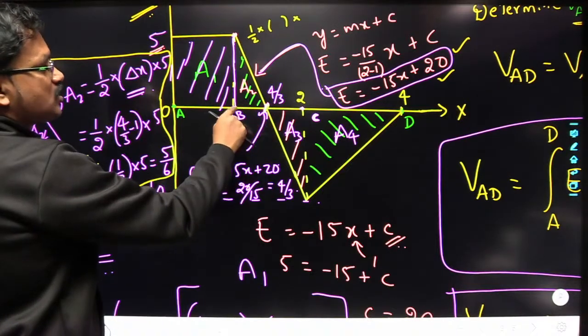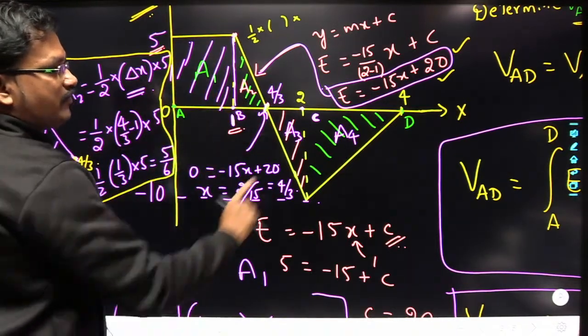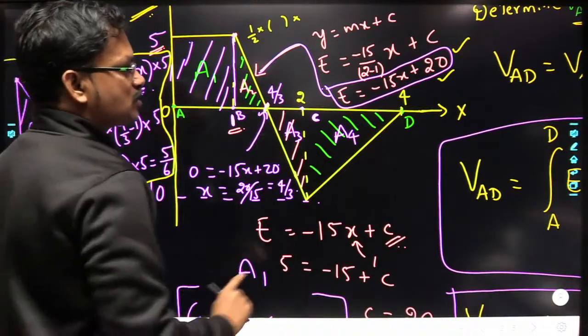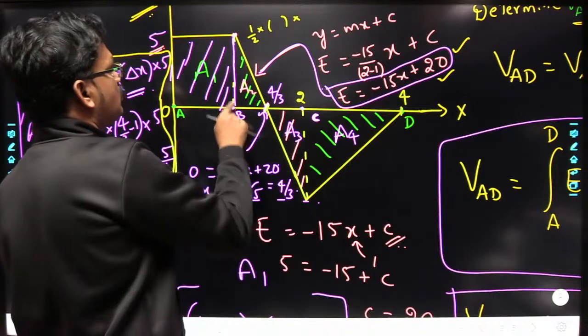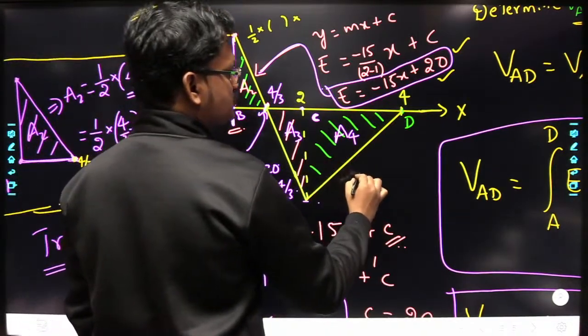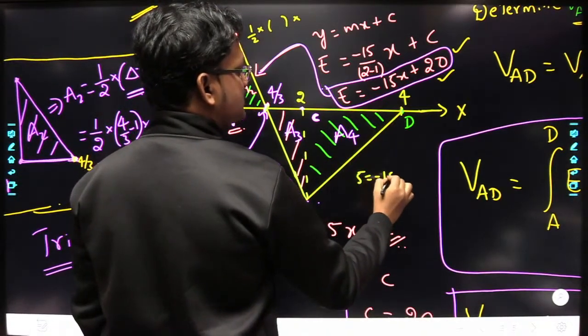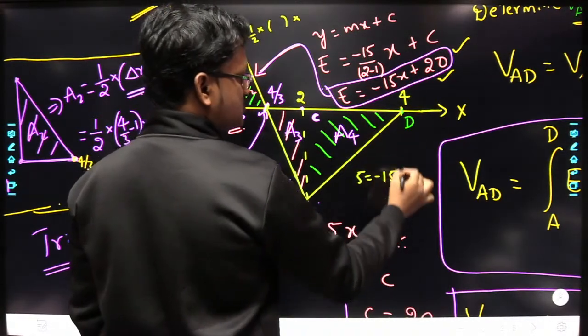Yes or no? At x equal to 1, what is the electric field you are having? You are having 5. So at x equal to 1, the electric field is 5. So we have substituted that: 5 is equal to minus 15 at x equal to 1, substitute x equal to 1 plus,